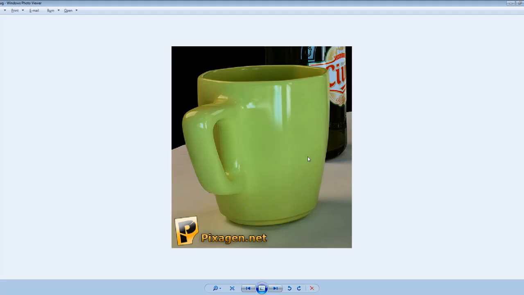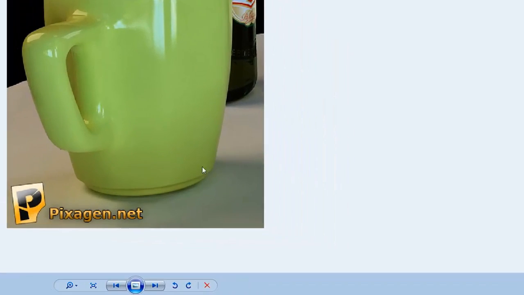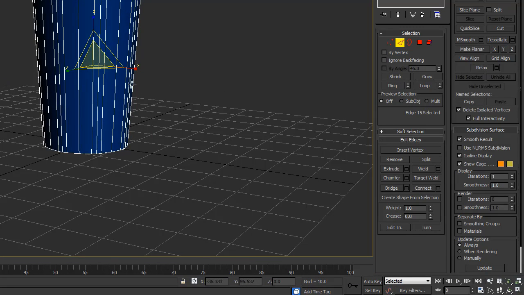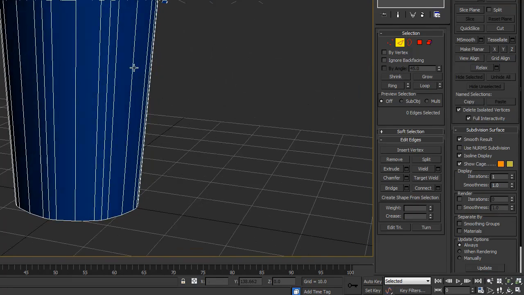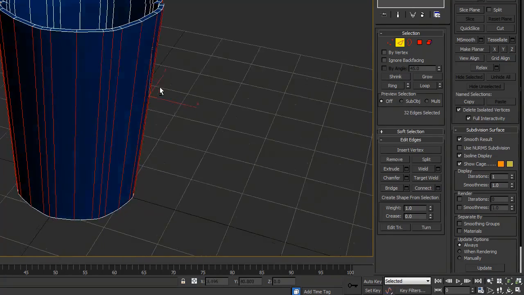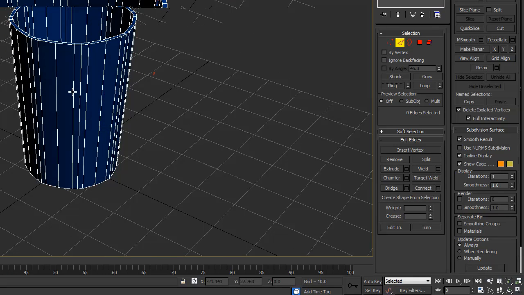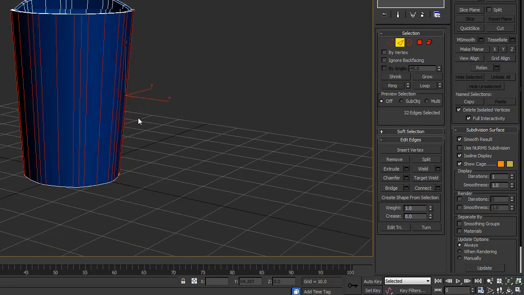So as I said, this mid part towards the upper part doesn't have that much curve going on as this lower part. So right now I want to add an edge loop in the middle to define the shape of this mid part. And there are several ways of selecting these edges and adding an edge loop. You can click on one edge and go to ring, and you need to be careful here, because if you do this, if you just select this edge on the side, go to ring, and then